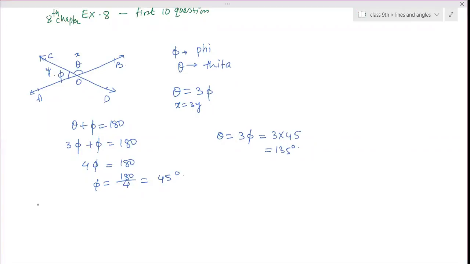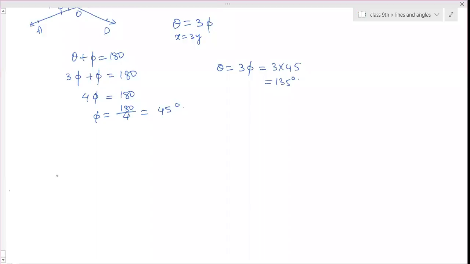Ma'am, I have just found out that with any incident ray, with any angle, if I incident it on the mirror, will AQP and RQB be equal? Yes. Okay, so we do not have to write any reason for that. No. Here only write down this angle and this angle are equal, right? Yes, ma'am. Then this angle is 90 and this angle is 90. So this is I and this is R. So we'll take I and R are equal.